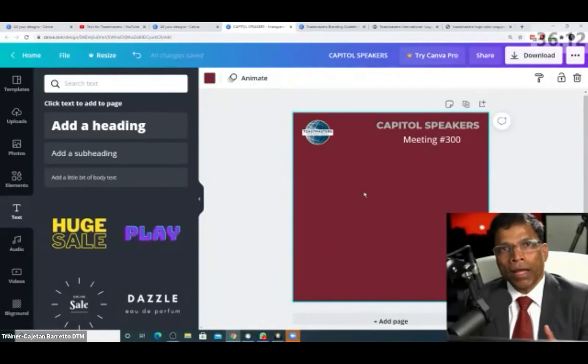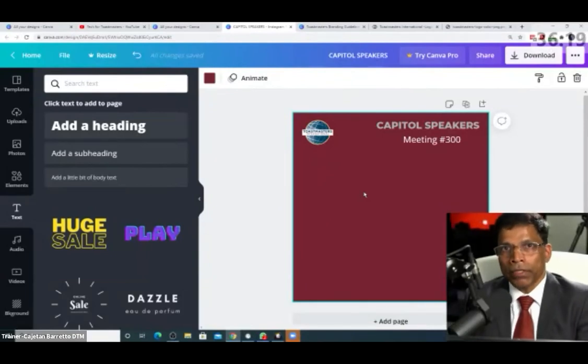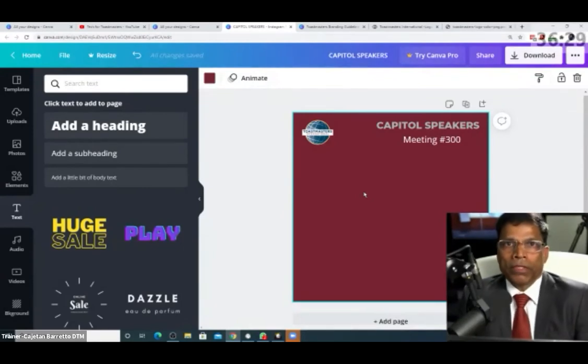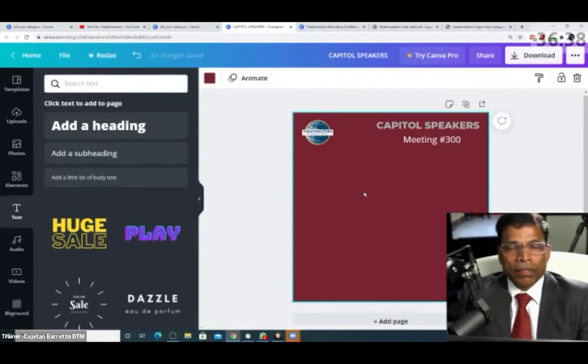Those are the best pictures that you can use in your material because they show the members and the engagement that Toastmasters wants us to convey in our posters. If you have a person speaking on the podium, that shows confidence, that shows leadership. That is what we should be looking for: pictures of people engaged, enthusiastic. That is the type of images we should be placing on a poster.